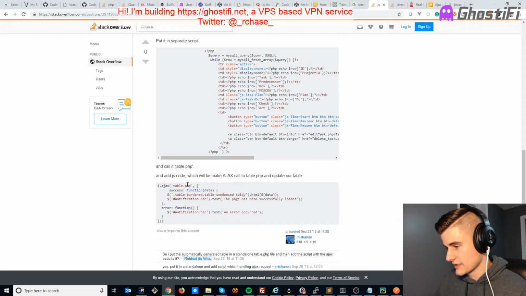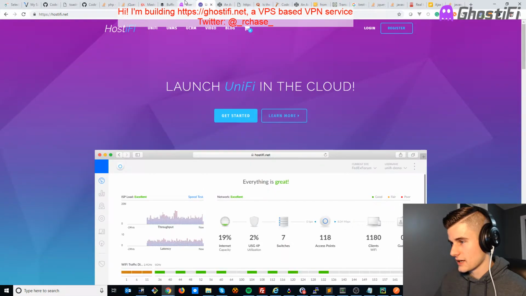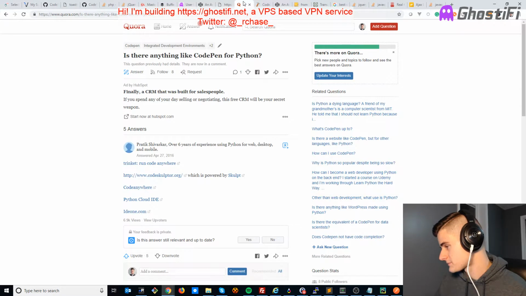So if you just joined us, right now what I'm trying to do is update this table dynamically. Right now, if you want to update the status of your server, or you want to see the status change, you have to do a hard refresh. I'm trying to write Ajax to dynamically do this every, I don't know, 5 seconds? Is that too frequent? Maybe 10 seconds, 15 seconds? But the idea is that this will continuously update without you having to hard refresh. I think 15 seconds is good. I don't want to do it too often, because it creates a load on the server. It can't be that much of a load, but